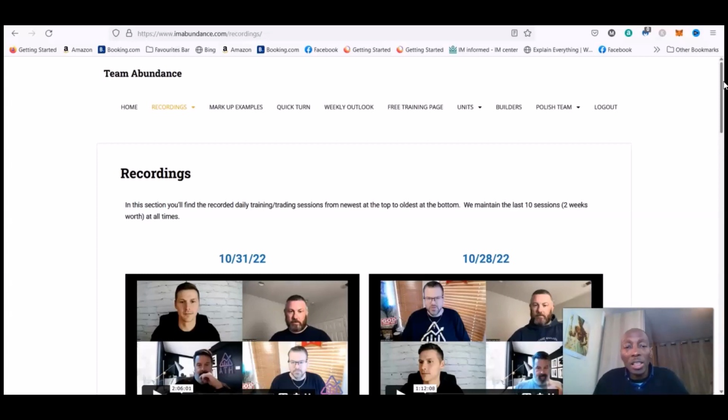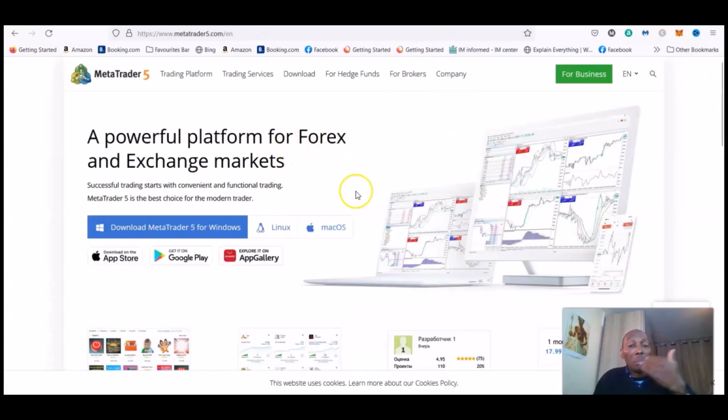The second is use a demo account. So again, you can get an account, MT4 or MT5. Well, MT5 is what most people are getting now, because MT4 is actually going to be made obsolete in about a year's time. That's what they say. So most people are putting MT5. Again, it's a free platform.